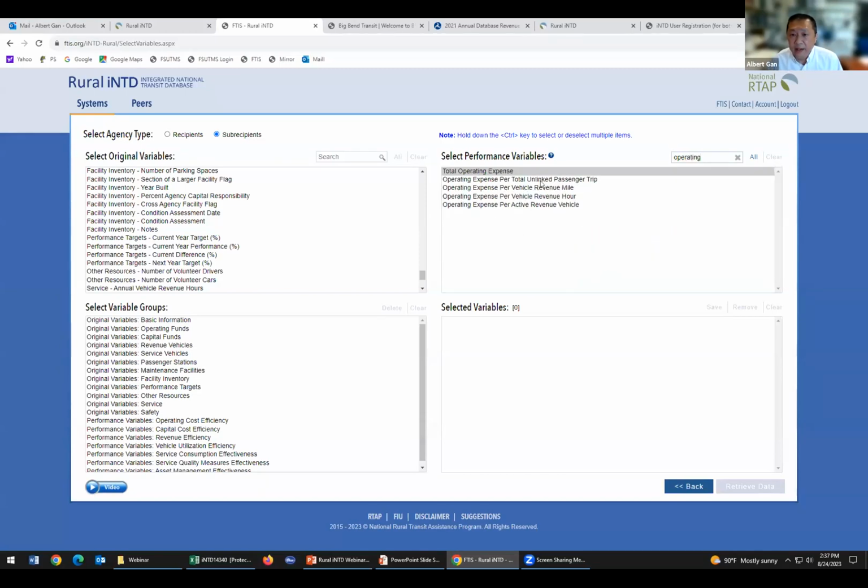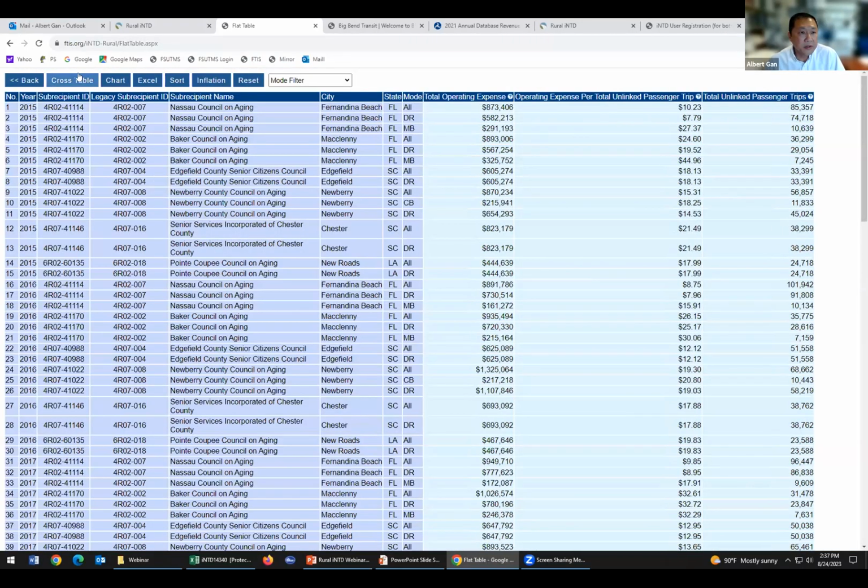So I can find that variable very quickly, operating expense per total unlinked passenger trips. I can also select this maybe. So I can also type in trips. So also select these variables. And actually this variable is just a division of these two variables. So click on this, and you can do